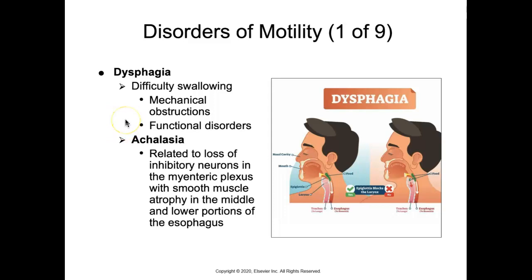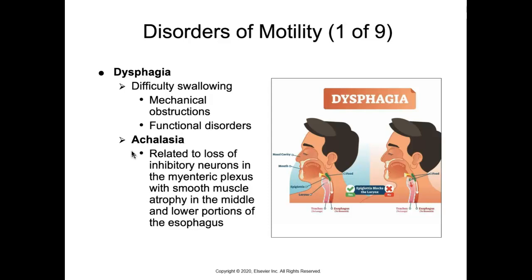As far as functional, we are going to have some type of neural or muscular disorder. And that is going to interfere with our voluntary swallowing, or peristalsis, in which the esophagus uses muscular contractions to bring the food down to the stomach. And that may be due to a cerebrovascular accident, Parkinson's, MS, muscular dystrophy, or achalasia, which brings us to our next term here. It's a type of dysphagia, and this is really when we have a failure to relax